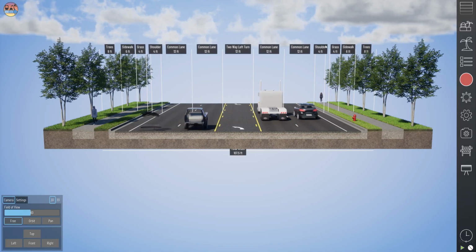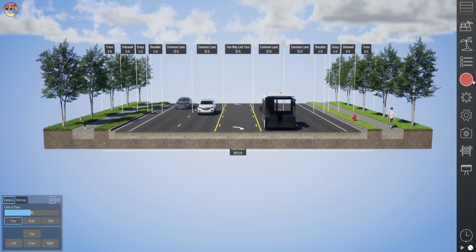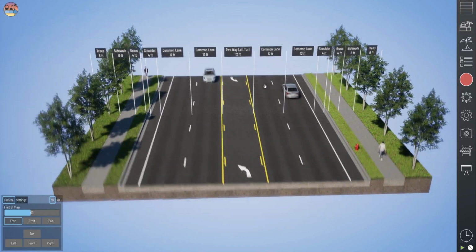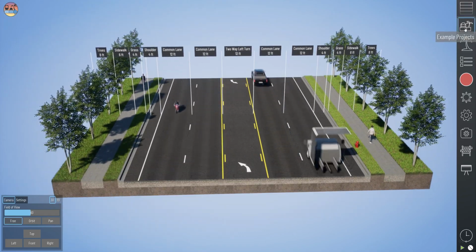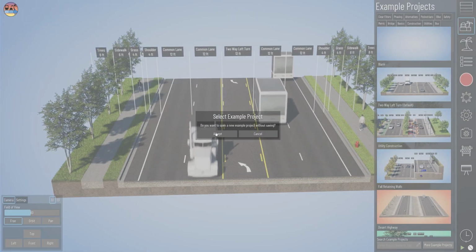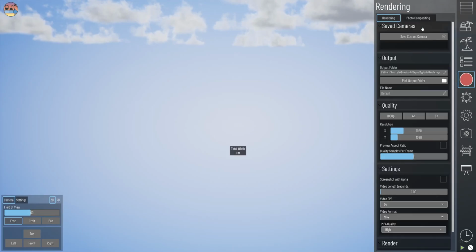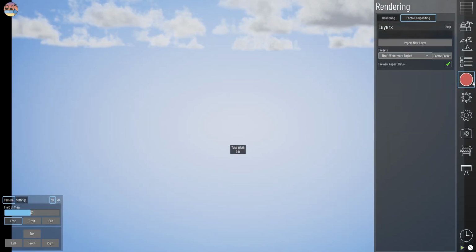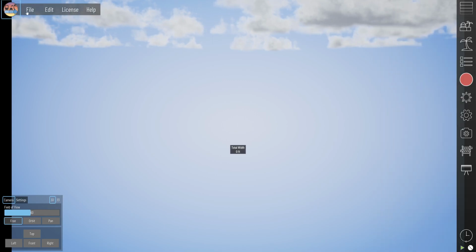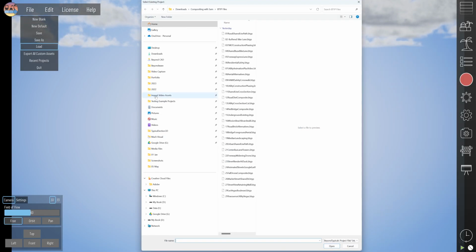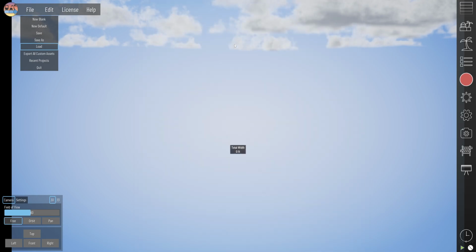You'll see here I have Beyond Typicals open with the default project, and the first thing you're going to typically want to do is go to example projects and start with a blank. And then you go to render, photo compositing, and import your new layer. We already have this project created, so I'm going to go to load, and we're going to go to number